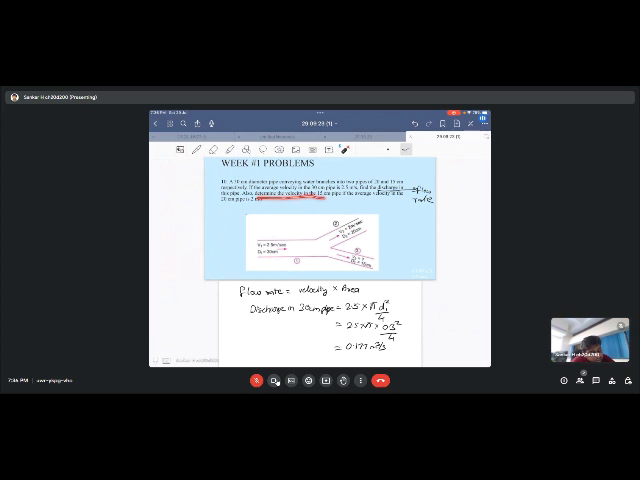Next, determine the velocity in the 15 centimeter pipe if the average velocity in the 20 centimeter pipe is 2 meter per second. So what is the discharge or what is the velocity in this pipe if the velocity in this pipe is 2 meter per second? So what we know is